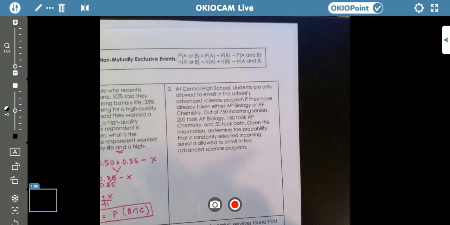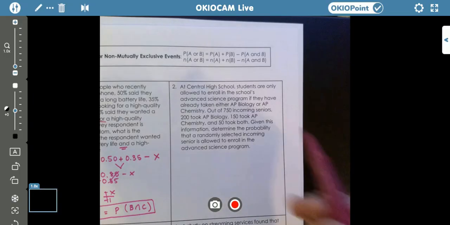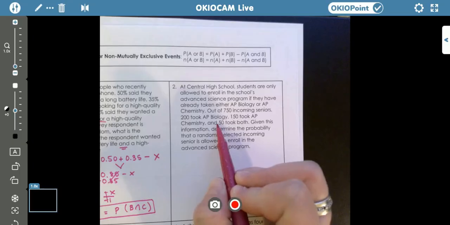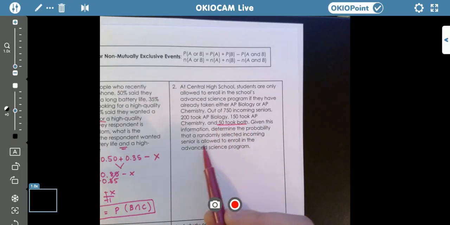All right, let's look at another one. At Central High School, students are only allowed to enroll in the school's advanced science program if they have already taken either AP Biology or AP Chemistry. Out of 750 incoming seniors, 200 took AP Biology, 150 took AP Chemistry, and 50 took both. Given this information, determine the probability that a randomly selected incoming senior is allowed to enroll in the advanced science